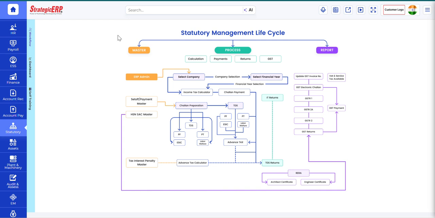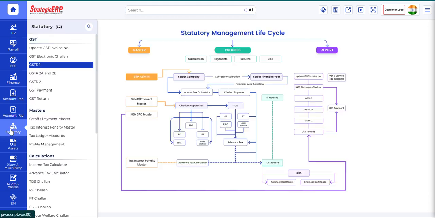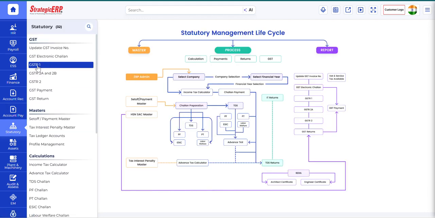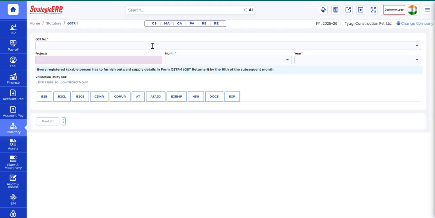In this video, we will see how to generate GSTR1 in Strategic ERP. To generate GSTR1, you need to navigate to the statutory module, and then open the GSTR1 form. Once you click on the GSTR1 form, it will open, and then you need to provide your GST number